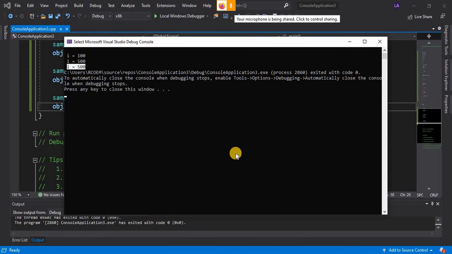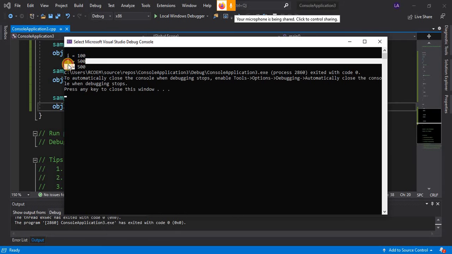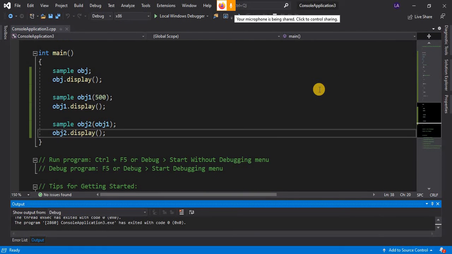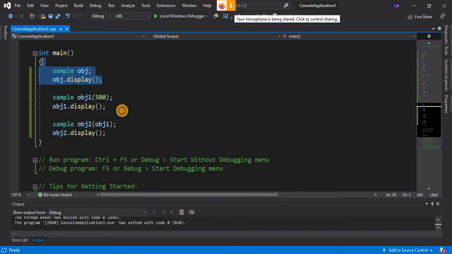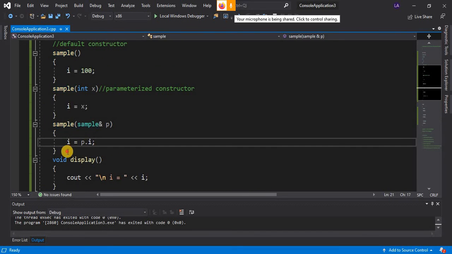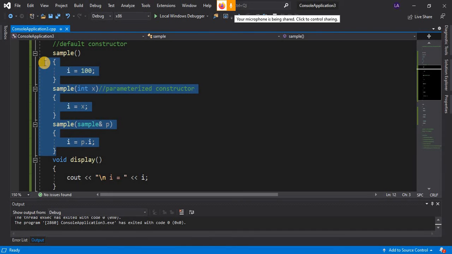It is exactly similar to i is equal to 500, that is for obj2. So these are the three types of constructors. One is the default constructor, another is the parameterized constructor, another is the copy constructor, and these are the sample definitions of these three types of constructors.